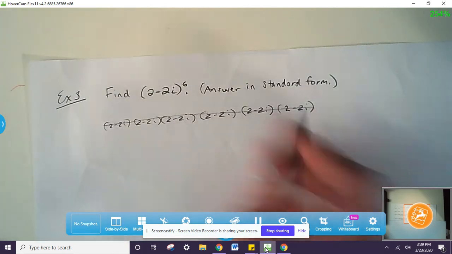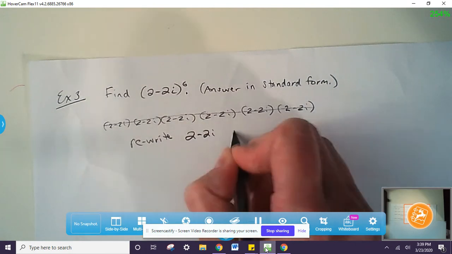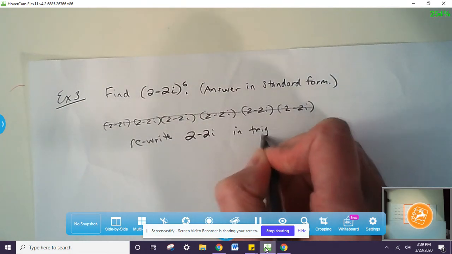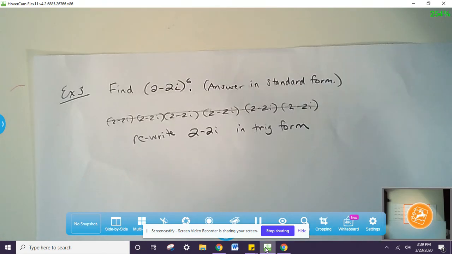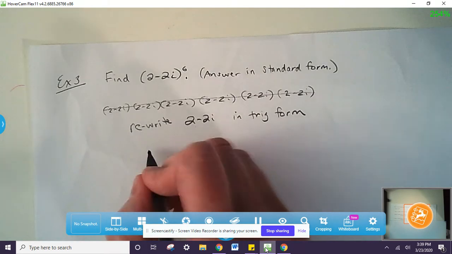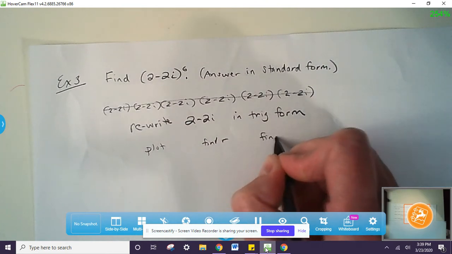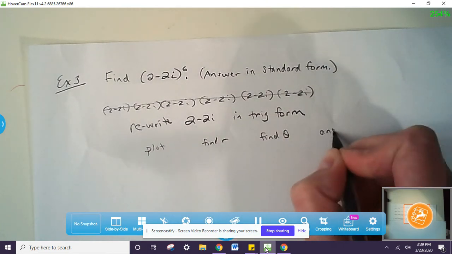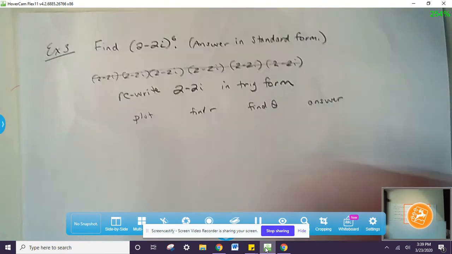What we're going to do instead is rewrite 2 minus 2i in trig form and then apply de Moivre's theorem. So to rewrite this in trig form, that goes back to our previous lessons. We have those 4 steps. We want to plot, find r, find theta, and then write our answer, which in this case won't be the final answer. So to plot,